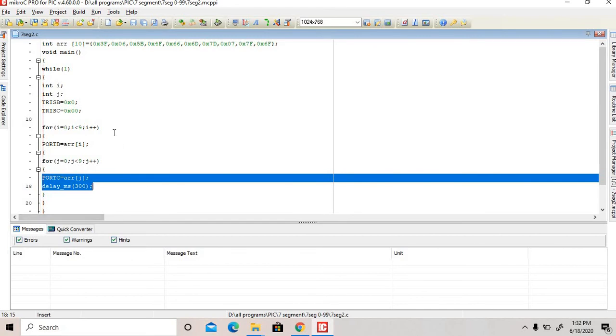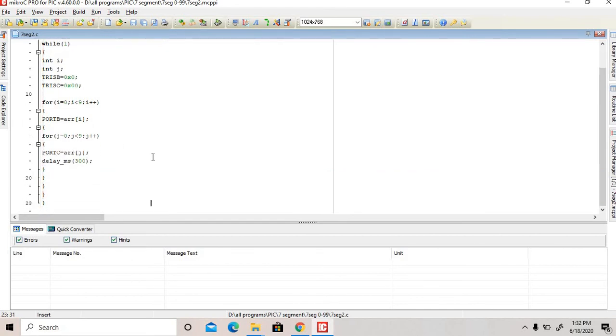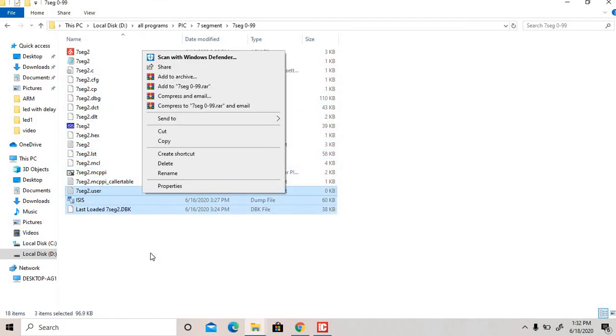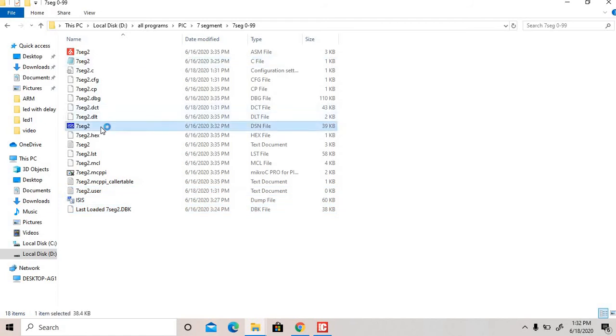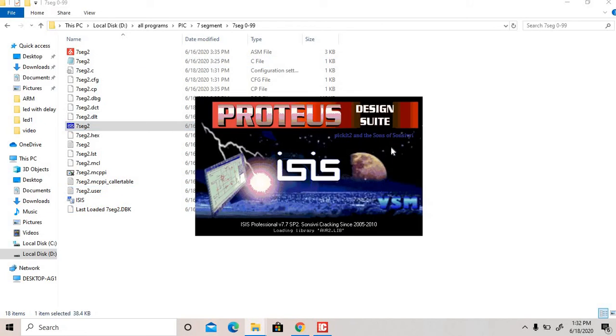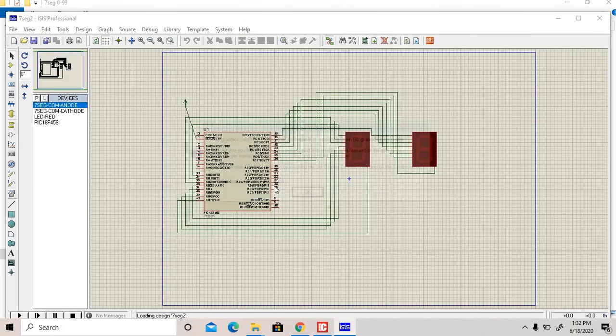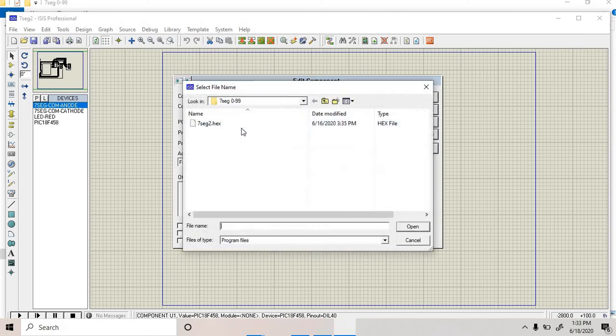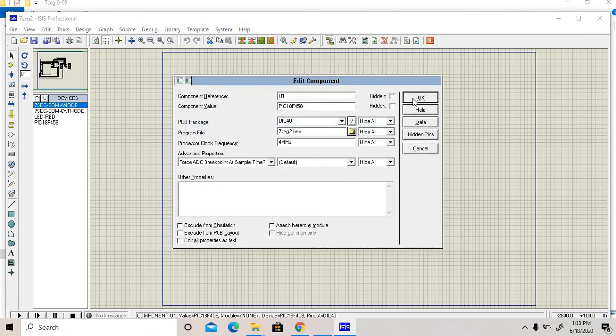This is a nested for loop, and the whole code is the same. Only you have to work on the nested for loop. In this, we are using 2 7-segments. Double click on the IC, then 7-segment 2, project name is 7-segment 2, then OK.